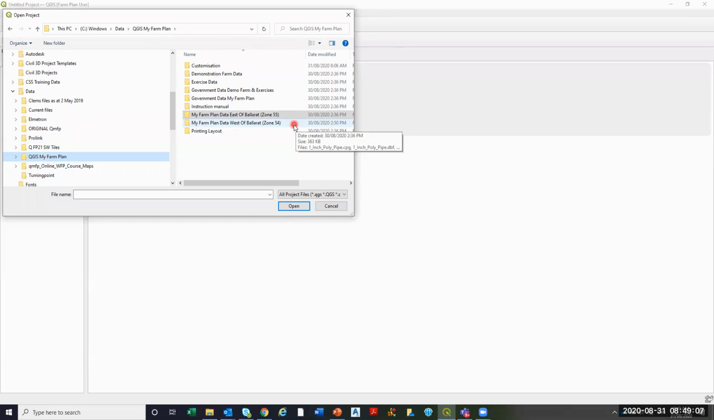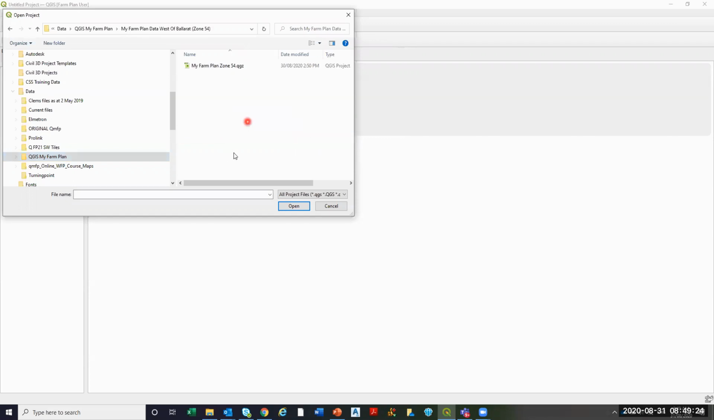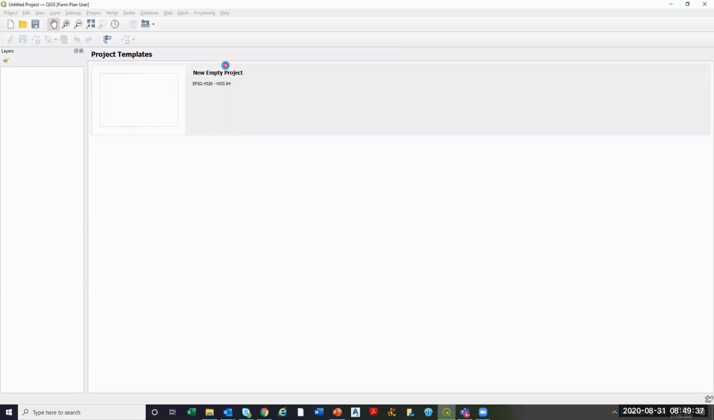So most of us are going to be west of Ballarat, so we're going to pick zone 54. If you happen to be east of Ballarat, such as those people in the northeast of Victoria, then you'd go for 55. So then all we do is double click on that folder, and it then prompts you with a blank project file called My Farm Plan Zone 54. So if we double click on that,